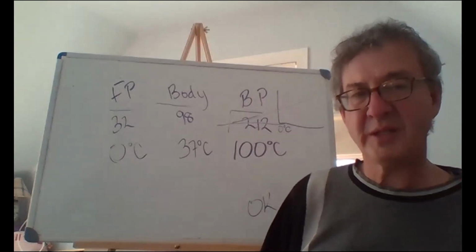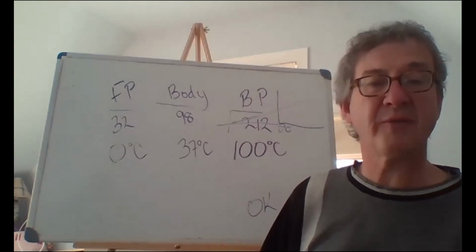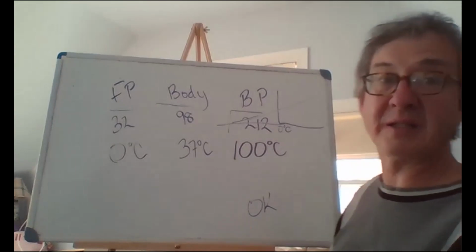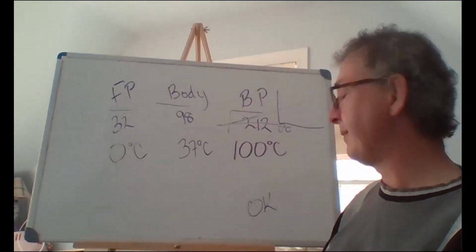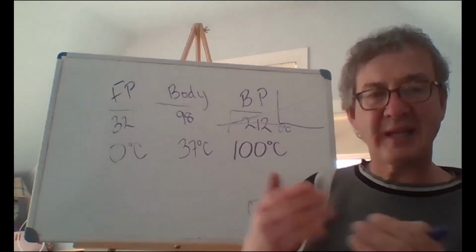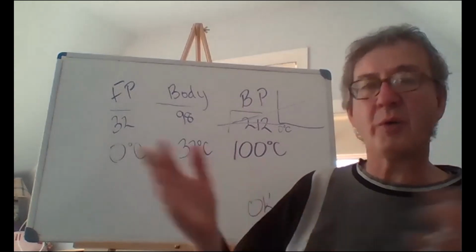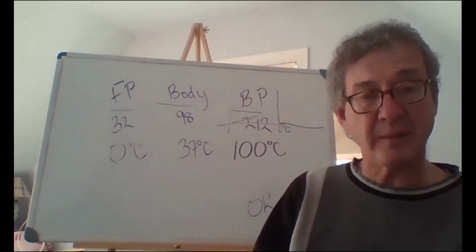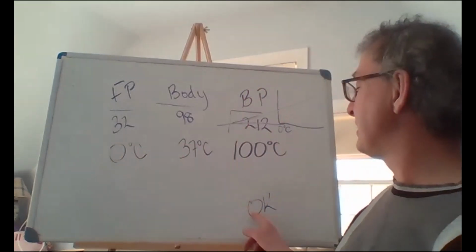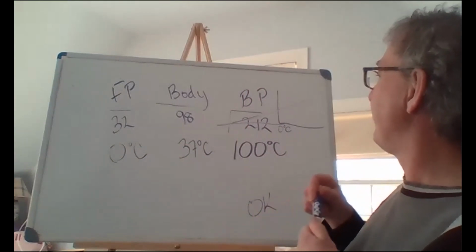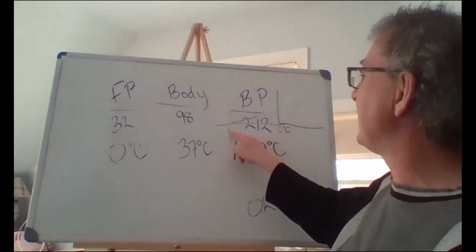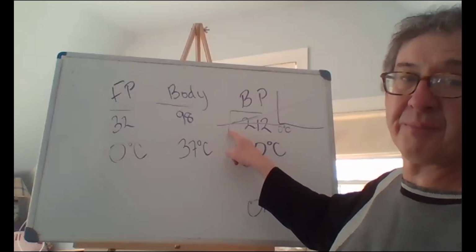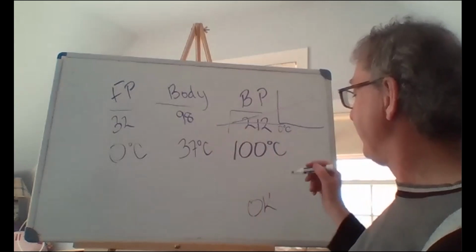Interesting idea, which is that one of the laws of thermodynamics is you can't actually reach this number. You can get so close, but you can't get there. And since Kelvin didn't want to throw away the system, he said, I'm going to use Celsius's system, but I'm going to call this 0. And it turns out that if you track back from 0 Celsius back to here, you're at minus 273. So 0K